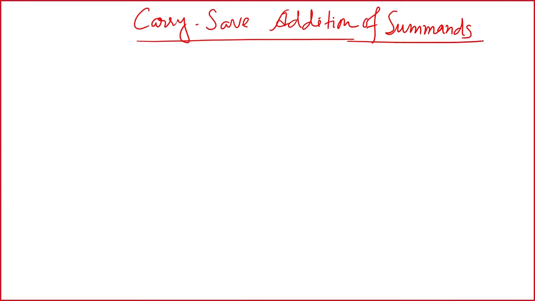Summand or partial product of the multiplication. We are talking about the multiplication. We have seen using Booth's algorithm. Another way, if you see, Booth's algorithm also provides the partial product, whether you bit-pair or not. Finally it will provide the partial product. Those partial products, if you can add in a very faster manner, then the multiplication algorithm also will be much faster. So, this is the basic idea of the carry save addition.